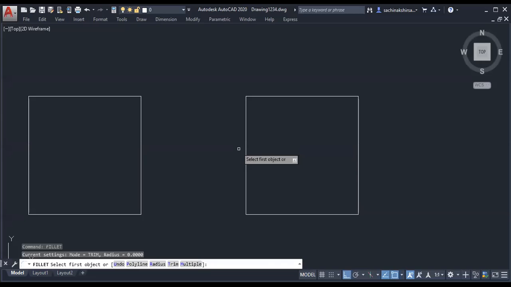Once you have typed fillet, it will ask for input, and you have to type R, enter. R for radius. Suppose you select 5 as the radius. 5, enter. Select first line. Select second line.